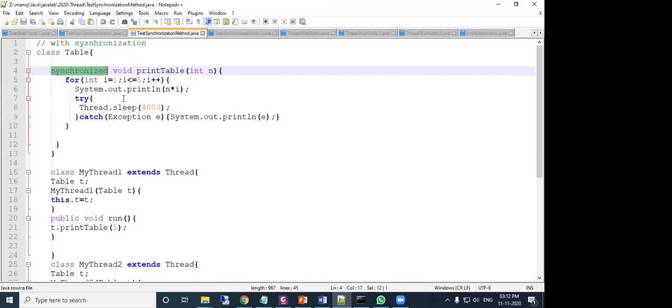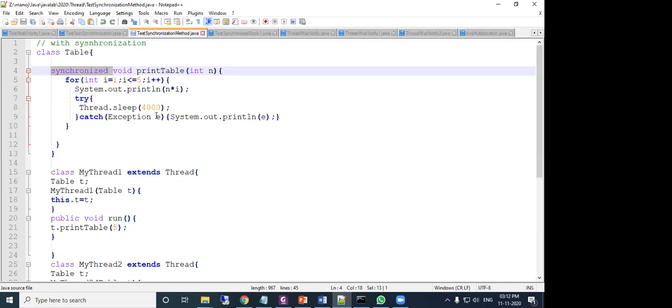You can write either way, void synchronized or synchronized void, no problem. But the synchronized word should be there to make the method synchronized. Once you write this, all the statements will be executed for one thread, then only it will allow the other thread to execute.